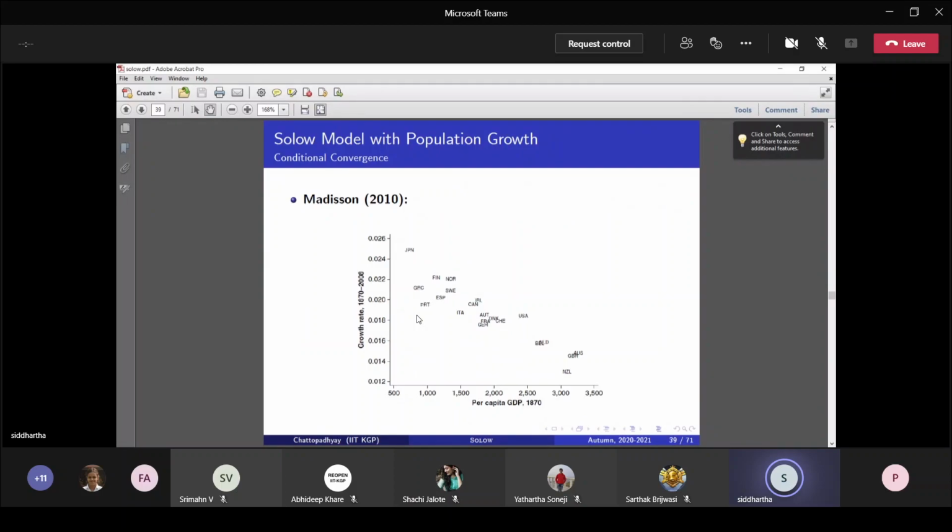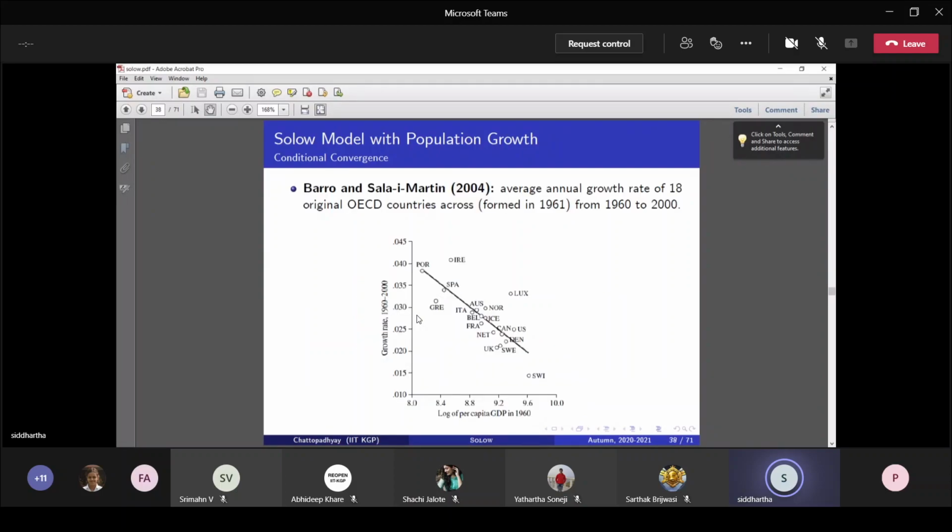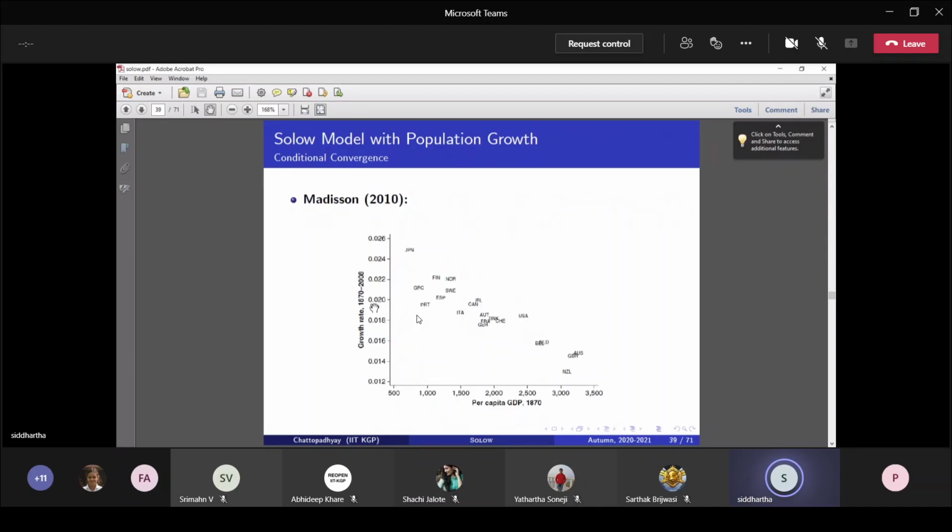This particular figure is for a 40-year period, and this figure is for a longer period. I'm getting the same thing. So it reconfirms that the prediction of the Solow model, that the rate of growth of the poor country, both in the long run and short run, is higher than the rate of growth of rich countries, is only satisfied if we analyze a homogeneous set of countries. Clear?